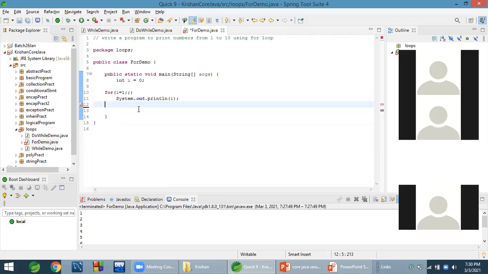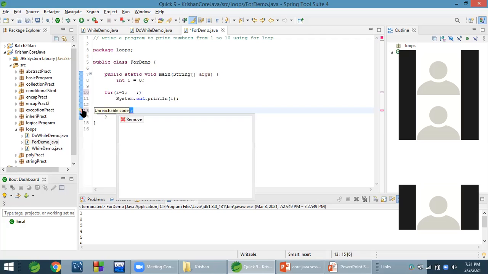The point is we can skip the condition from here and write it somewhere else. But the condition is important. Otherwise, the loop will become infinite. It will never stop. It's okay if you are not writing the condition at this place, but somehow you need to write the condition in this loop, so that if the condition becomes false, then you must break. There is a break keyword to come out of it.